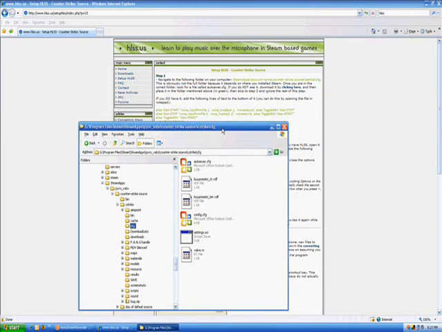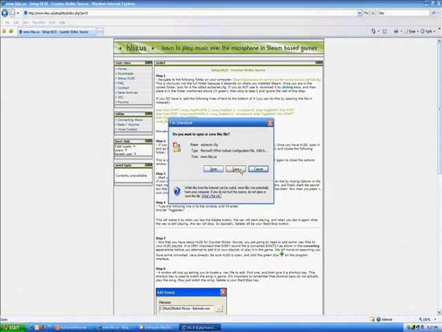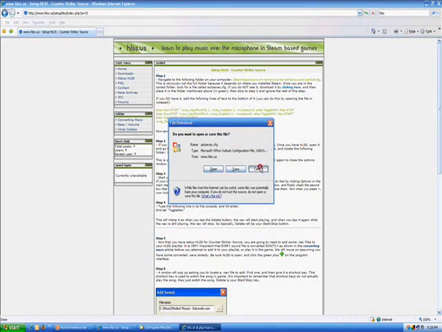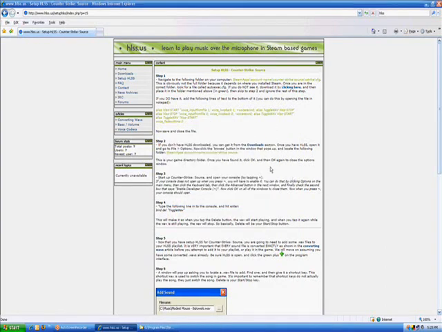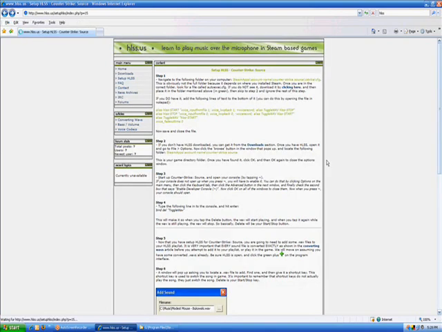autoexec.cfg. And if you don't have that, then you're going to have to download it by clicking this link right here. And then you just save that to your desktop and then drag it into here and just drop it, and then you should be fine. I already have it there, so I'm not going to do that. And so once you're done that, you're going to have to go to the download section and actually download HLSS and this dB Poweramp, and for my tutorial, download Goldwave. So once you download and install those,